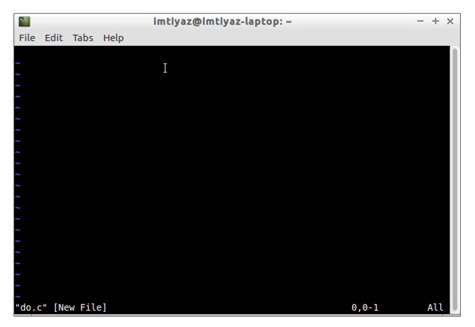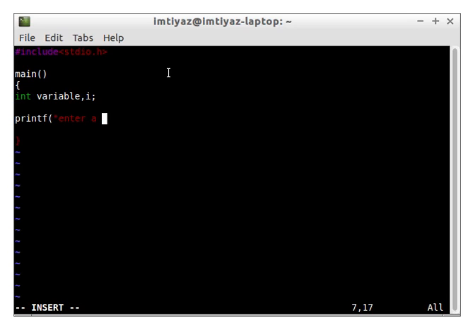We'll do the same multiplication program here as well. So first we'll go to insert mode, then include a directory file, hash include stdio.h. Now we'll be going for a main program. As we have already seen, we have first declared two variables, a comma b, or in the previous video we have taken variable comma I. So now first we need to take the input from the user. So we are first telling the user to give the input, enter a value for multiplication table \n for new line,